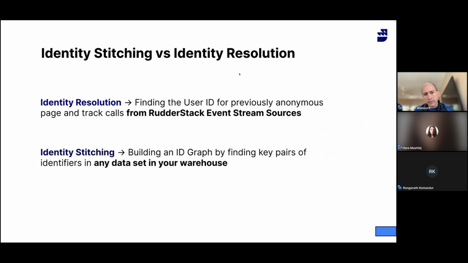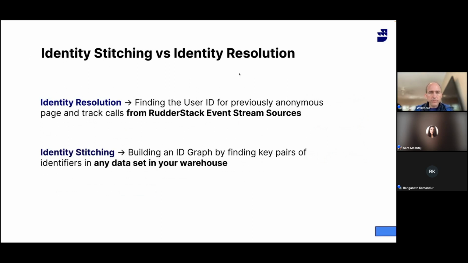And again, as Sarah highlighted earlier, we have event stream data that has anonymous IDs and user IDs and emails, but we also have ETL data from our cloud tools, which may not have those exact same identifiers. But then you might also have other data in the warehouse that is ingested through other tools or archived there that wasn't actually touched by RudderStack at all. And so identity stitching is really about connecting all of those data points and building a unified identity